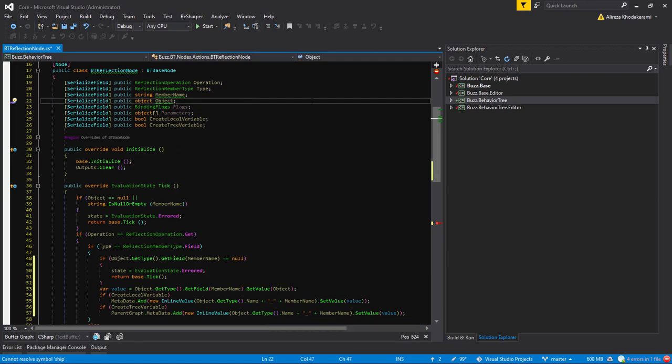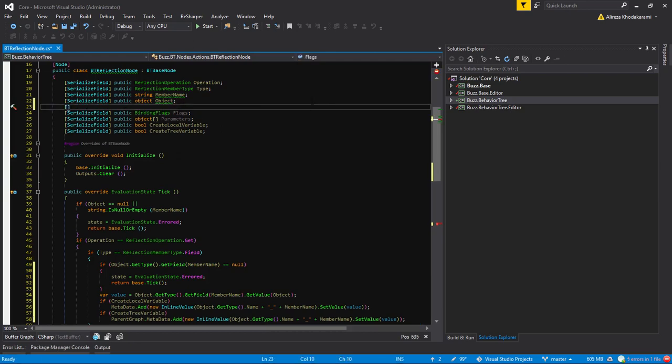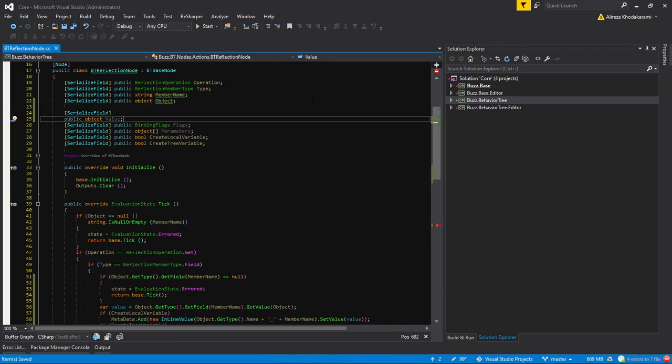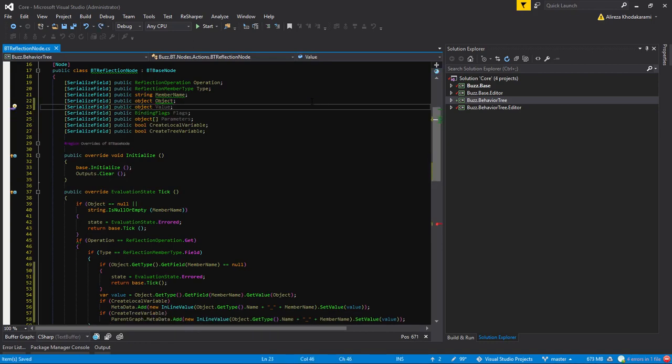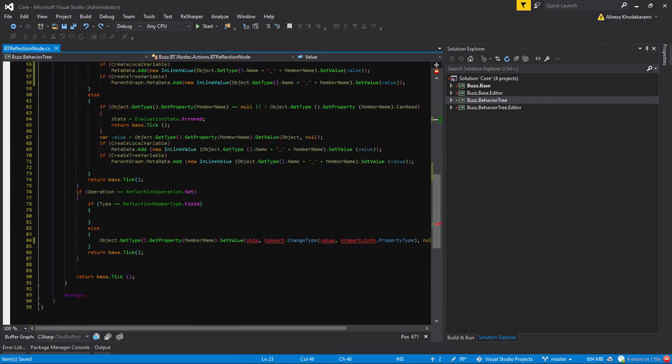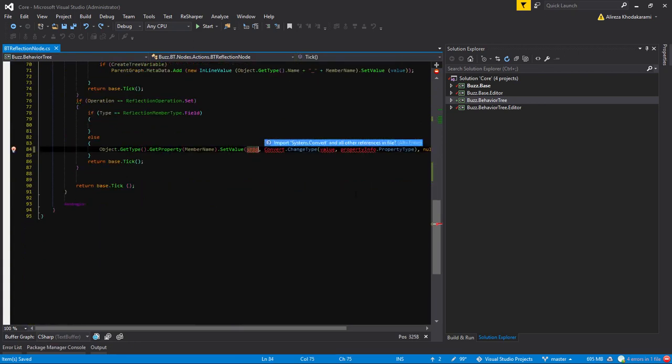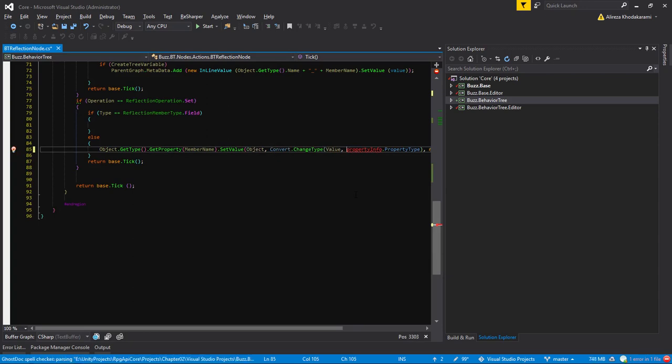So I will say serialized field, public, again, object, value with capital V. So that's the value that we want to set, okay? So ship again is object. And let's import that. The value is the one that we sent in. Property info dot property type. Now, property info